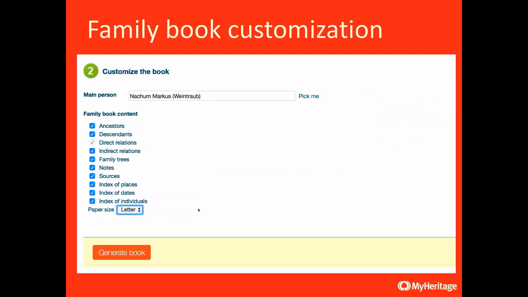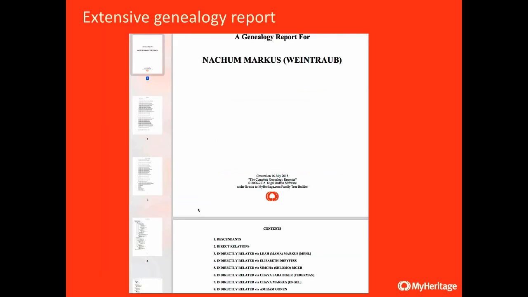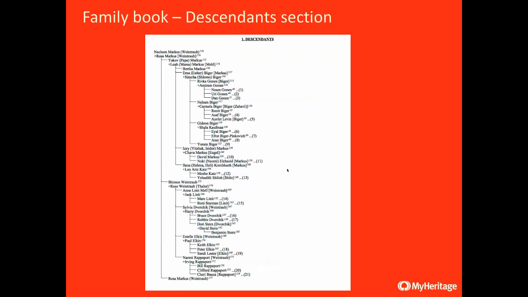Here, it usually takes a bit more time to run this book and create the PDF, because it's looking at a pretty large set of people and a pretty large amount of information about each one. But when this is finished, you would get a PDF file that has many, many pages, and here is how it looks in the example that I had. It shows you here is a book about this person, and here is a table of contents, and I can scroll down, and there is this Descendants sort of chart